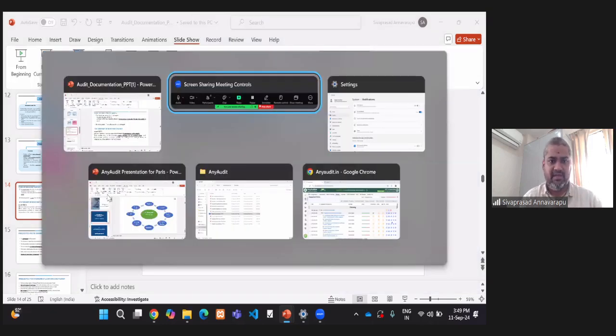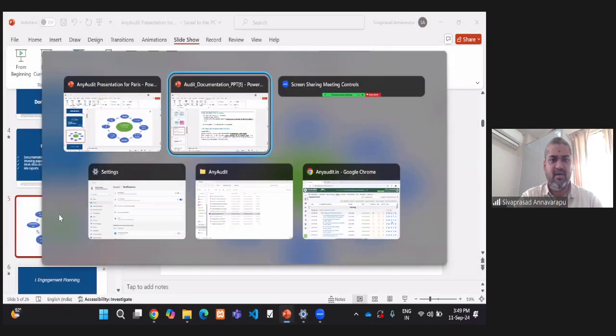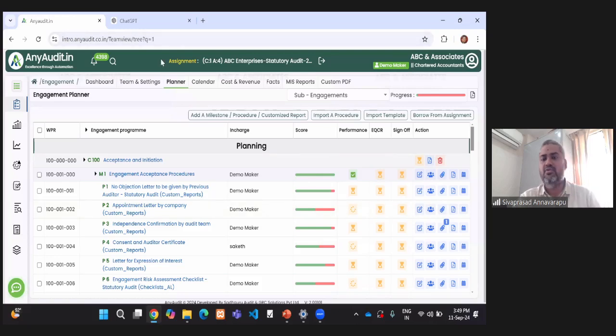For that, I'm taking one tool to which I have given some professional inputs. So it is like this. Let me directly go to the product itself, hands-on. So I'm taking you through a product by name, Any Audit, which is an end-to-end audit automation utility.